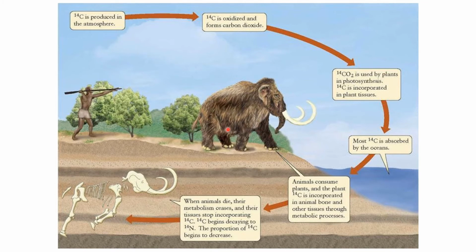If we consume carbon-14, or another animal consumes carbon-14, it is stuck in our bones and it just stays there. And when an animal dies, for example this woolly mammoth right here, it will stop incorporating carbon-14 because there's no